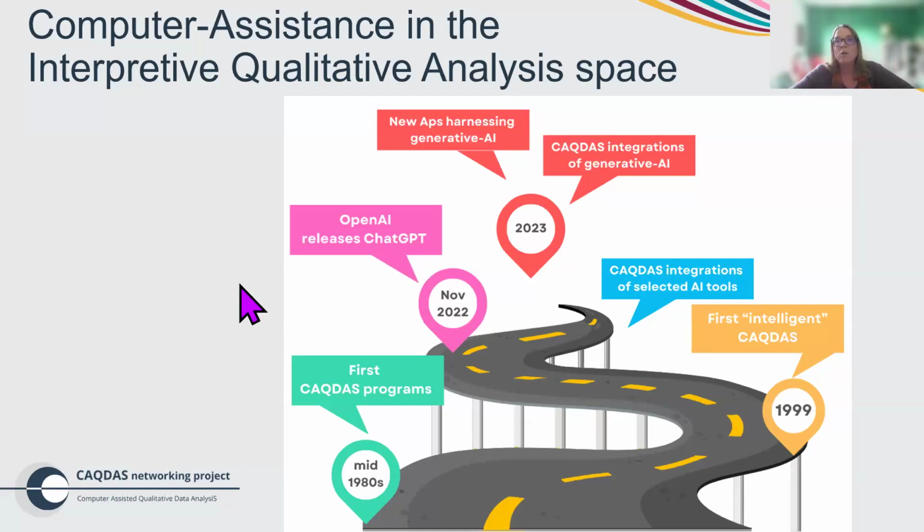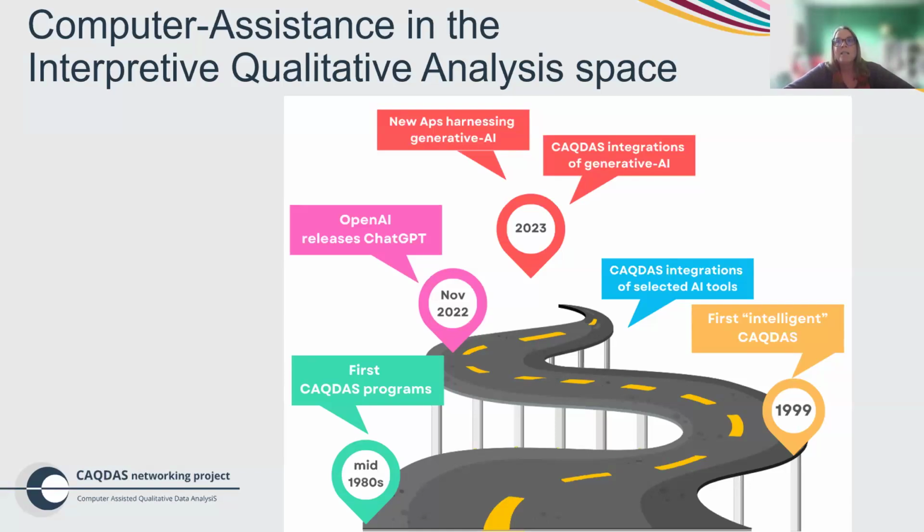But that was only really fully true up until about 1999. The first intelligent tools became available at that point with a program called Qualrus, which is not available anymore, but Qualrus, using natural language processing, allowed the tool to suggest codes to us as humans. So you could select, let's say, a sentence of text, and the program would look at those strings of words and suggest potential codes. And you, as the human researcher, could either say, no, that's not a relevant code, or yes, that's a useful code. And Qualrus would learn based on the decisions that you made.